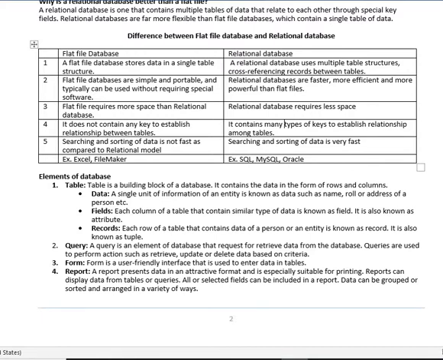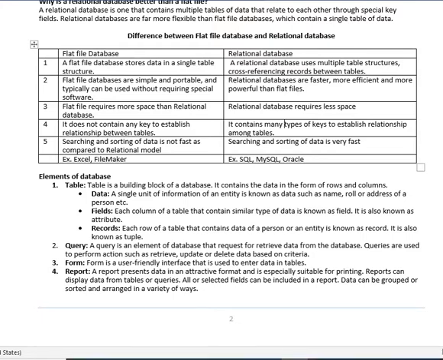As you know, data is the single unit of information about an entity or relation, such as name, roll number, address, mobile number, etc. Field: each column of a table that contains a similar type of data is known as a field. It is also known as an attribute in a database. Record: each row of a table that contains data of a person or an entity is known as a record. It is also known as a tuple.